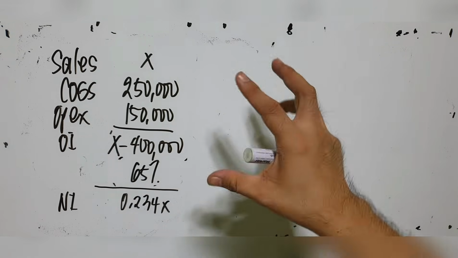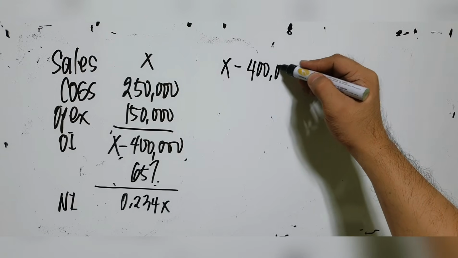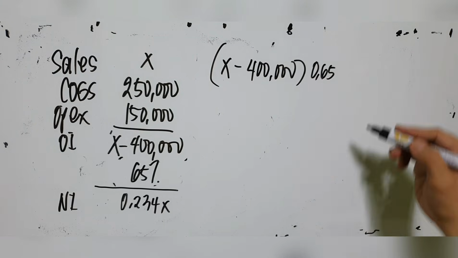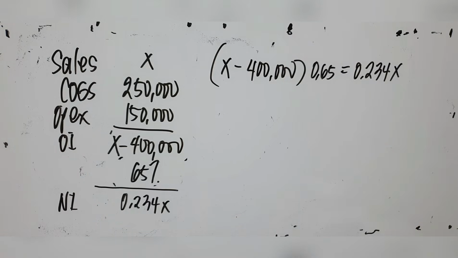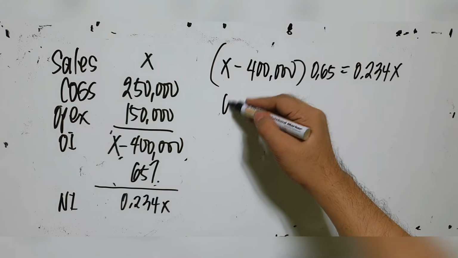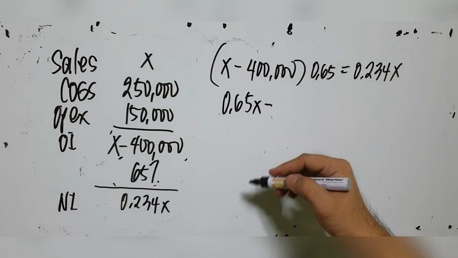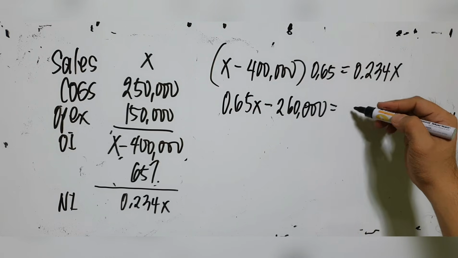Kaya naman, pag inayos natin yung equation natin, so X minus 400,000, multiply natin ng 0.65. Yan ay equal sa 0.234 of your X. Ito po. Okay? So, if we expand this one, 0.65X minus 0.65 times 400,000 is 260,000 is equal to